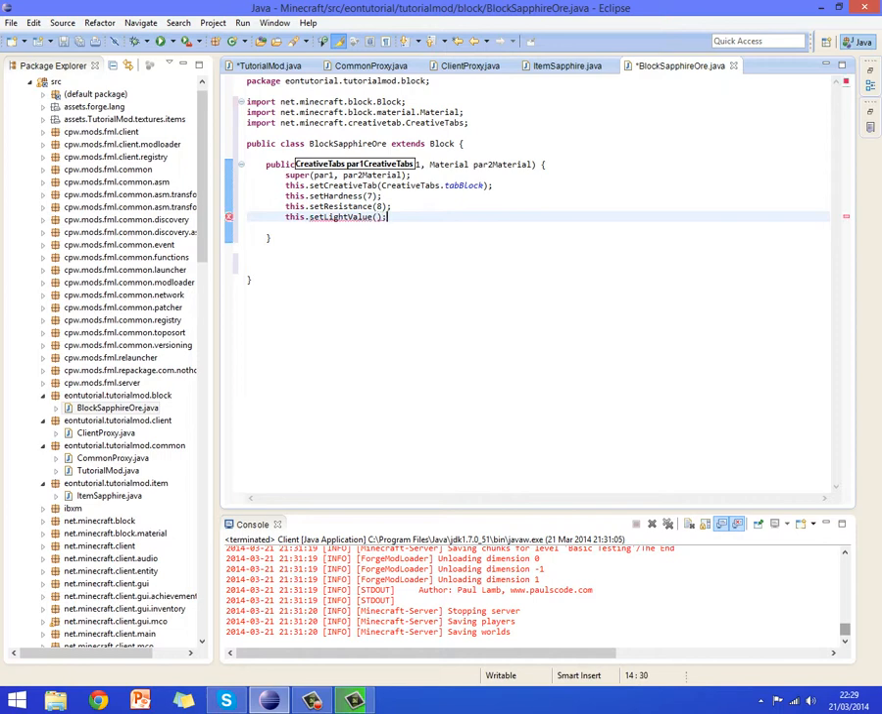then this dot set light value, and this is a float, which means basically you've got to do 0.0 f. So light value, I believe glowstone is 1, and stone is 0. So if you want your block to glow, then you can set that here. I don't, so I'm just going to set it to 0,